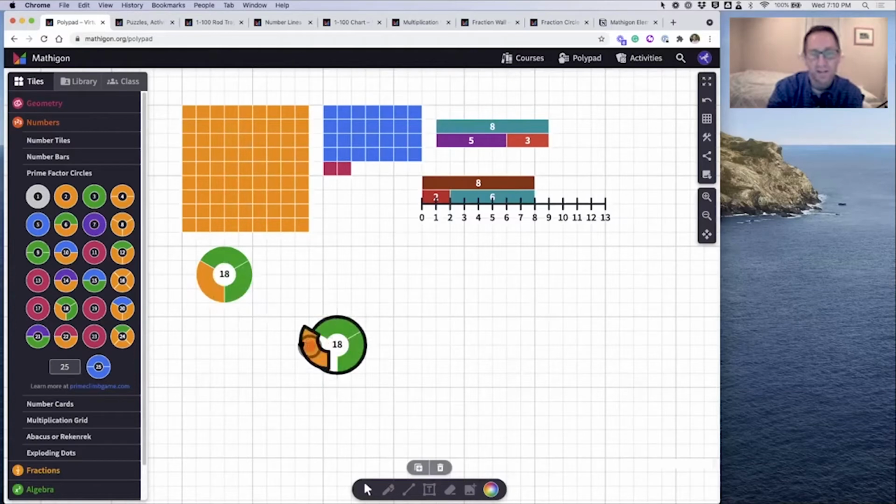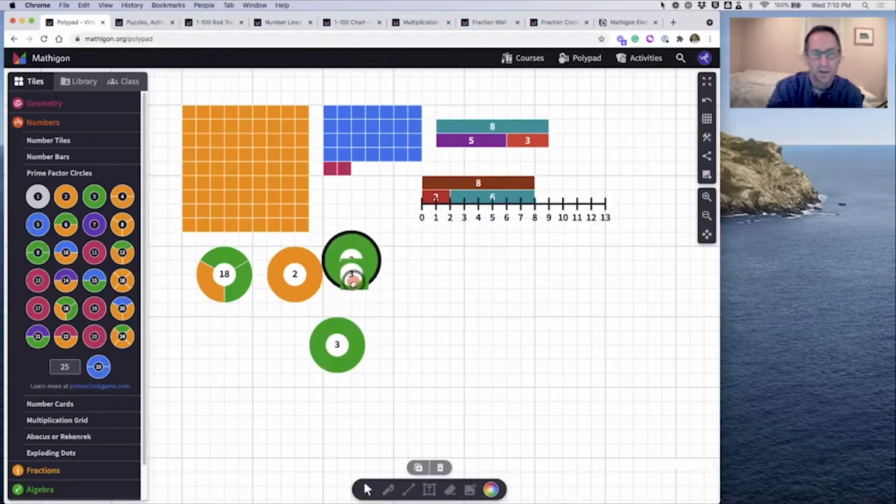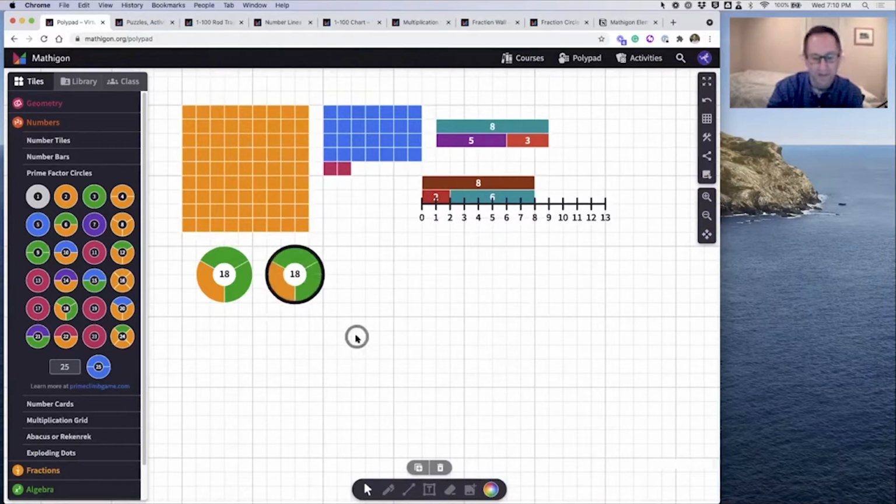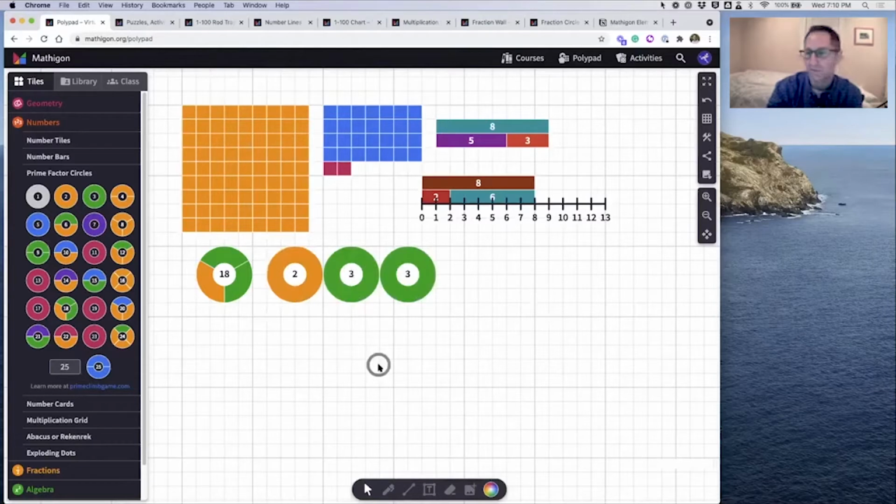So there's 18. And what I think is an awesome feature here is the ability to pull these prime factors apart. So I can pull that apart to 2 and 3. And I'm showing, if you're familiar with this, the prime factorization of 18 is 2 times 3 times 3. And I can put these back together. Oh, I didn't grab both of them. I can put it back together to make 18. I want to keep it as 2 times 3 times 3 for a minute. And then I'm just going to do one more. I think I'm going to do